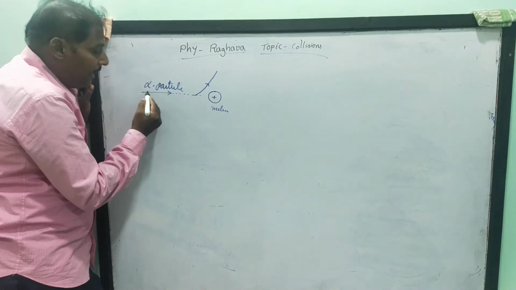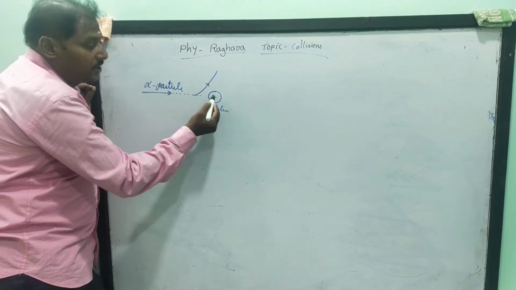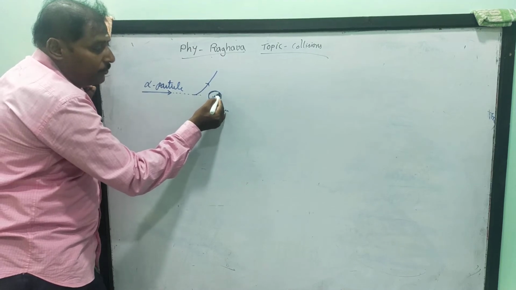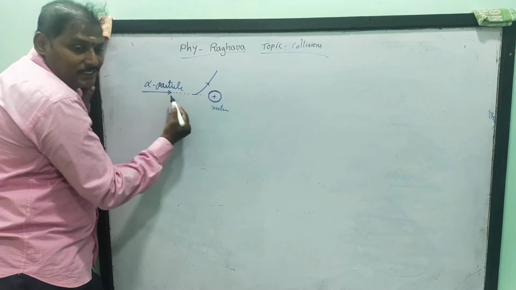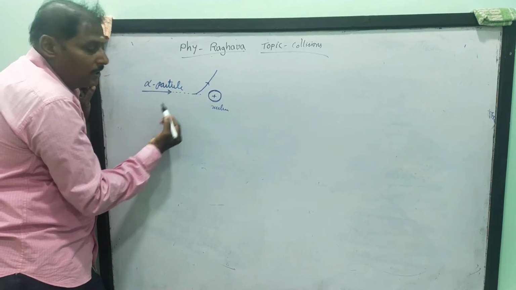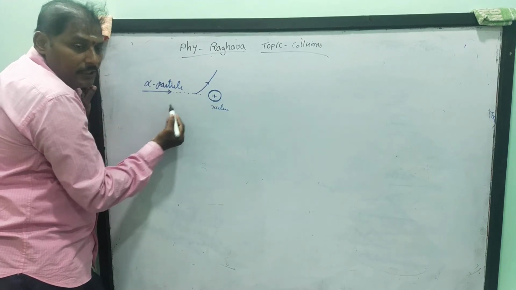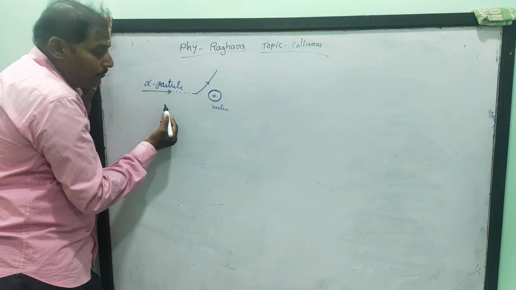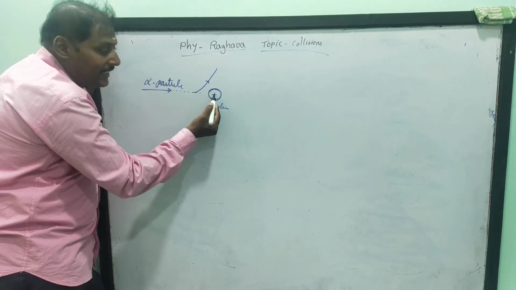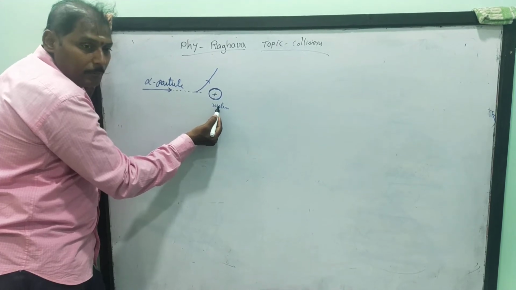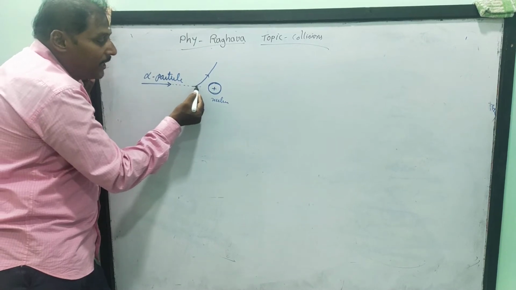If an alpha particle is moving in a direction, and in its path a stationary nucleus is present, among these particles Coulombic forces are present. Because of this, the alpha particle cannot come directly in contact with the nucleus. But in the presence of the nucleus, the path of the alpha particle is deviated.